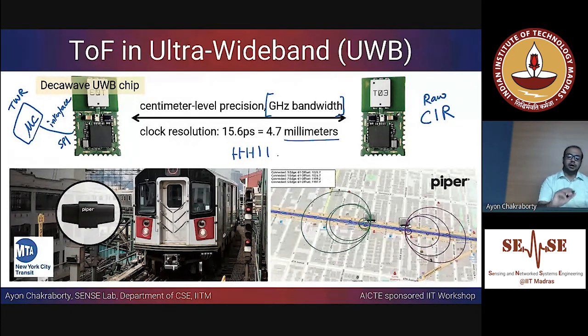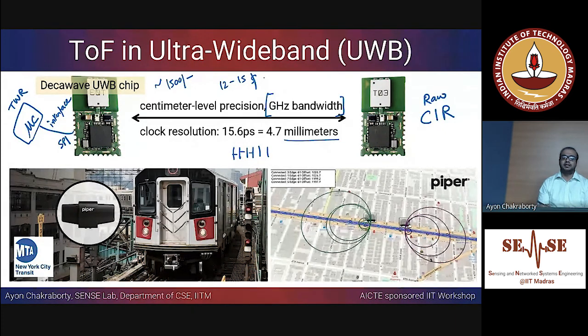And this also is not very costly. There is an Arduino shield available for these Decawave chips, which will cost you around 1500 rupees or even less than that. I think there are many vendors selling it. In dollars, it is maybe 12 to 15 US dollars. So you can get these ultra wideband radios, and they are very good for learning